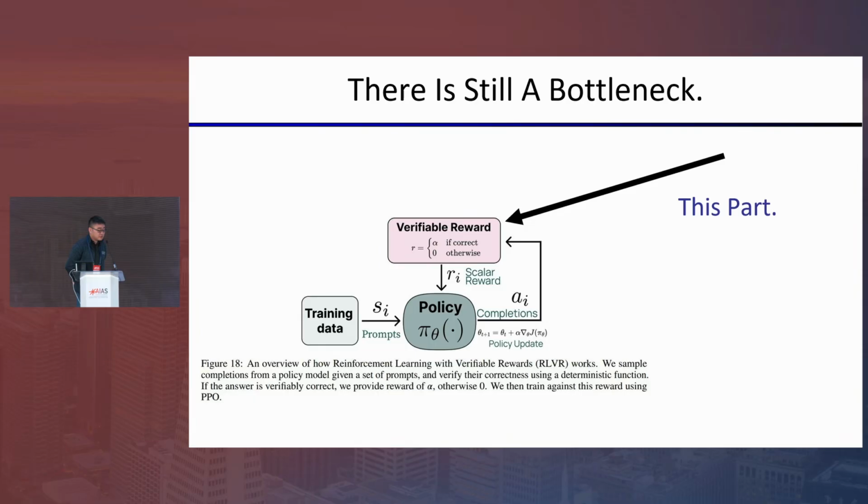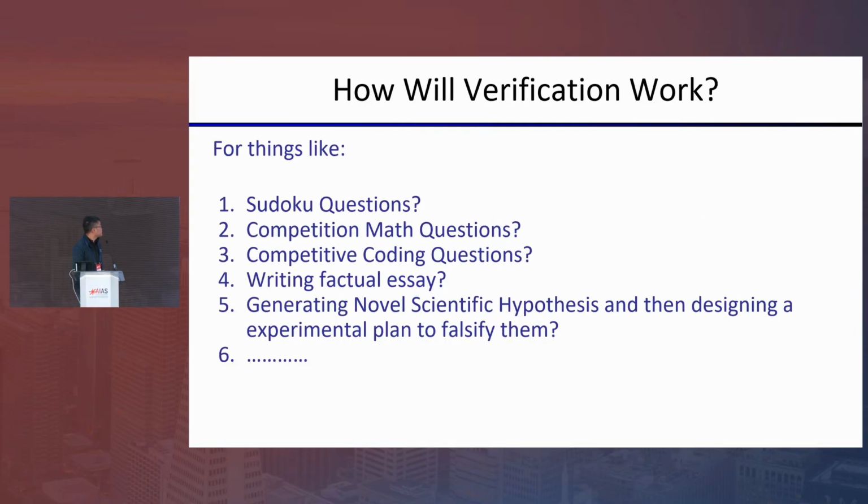Based on the existing research and community efforts, it has been very clear that this verification component appears to be a very big bottleneck in current AI development. So I want to elaborate on this point. The key aspect of thinking about verification is to think about how verification is connected to many tasks we have on our mind, in particular in terms of achieving ASI.